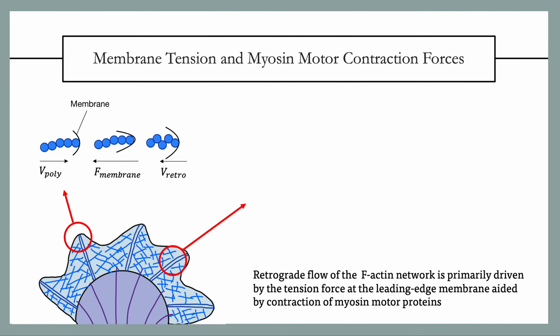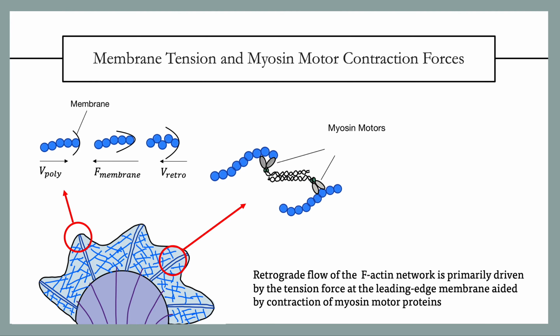Also driving retrograde flow is the contraction of the f-actin network by myosin motors. The two heads of the myosin 2 motor proteins are connected via coiled chains of amino acids. As the motor proteins walk along the filaments in opposite directions, they push the filaments backwards, which results in the contraction of these filaments. Together with the force arising from membrane tension, these work together to drive the retrograde flow